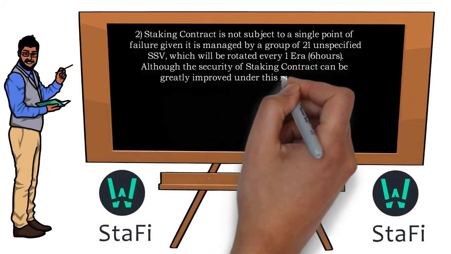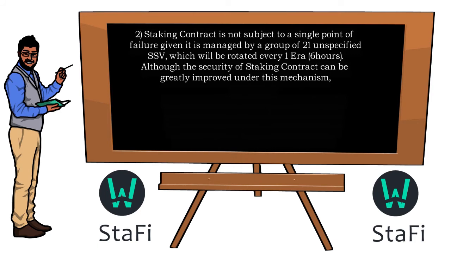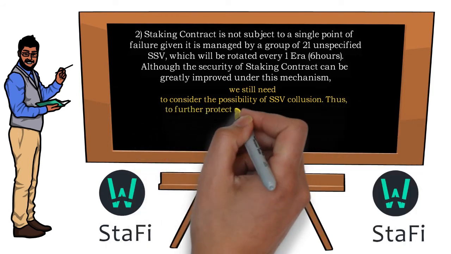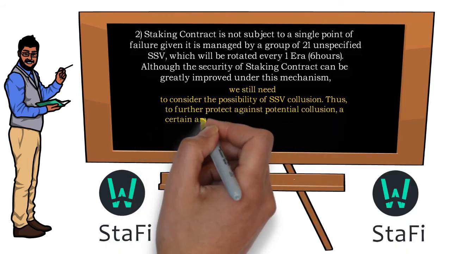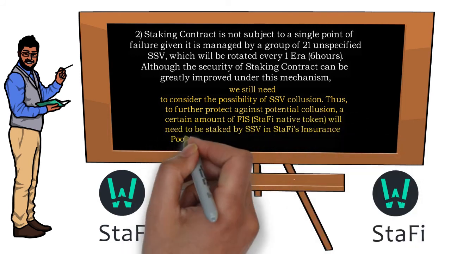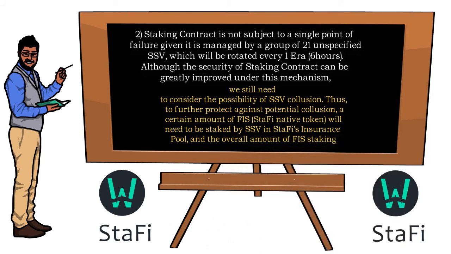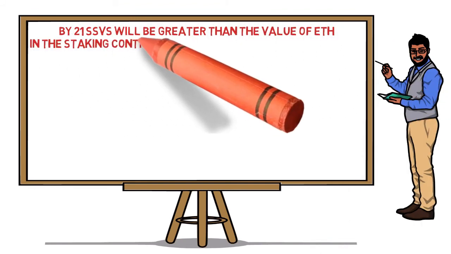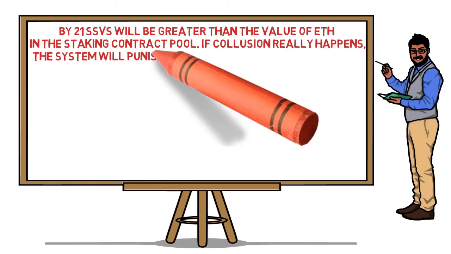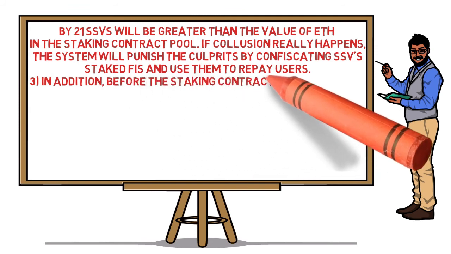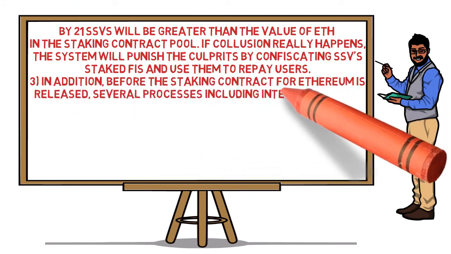Although the security of the staking contract can be greatly improved under this mechanism, we still need to consider the possibility of SSV collusion. Thus, to further protect against potential collusion, a certain amount of FIS, StaFi's native token, will need to be staked by SSVs and StaFi's insurance pool, and the overall amount of FIS staked by the 21 SSVs will be greater than the value of ETH in the staking contract pool. If collusion really happens, the system will punish the culprits by confiscating the SSVs' staked FIS and use it to repay